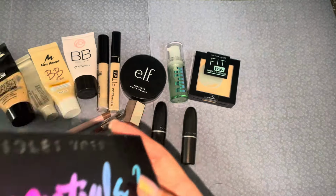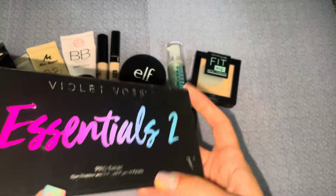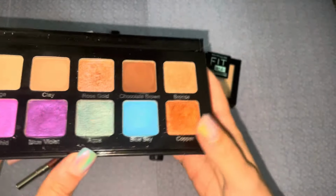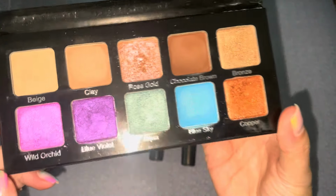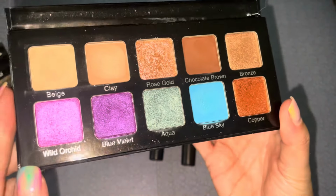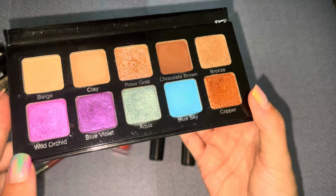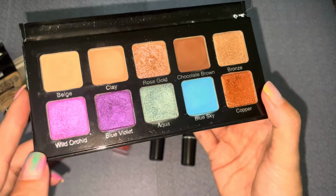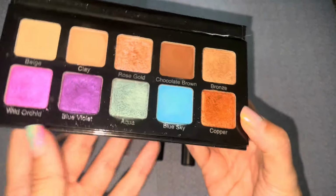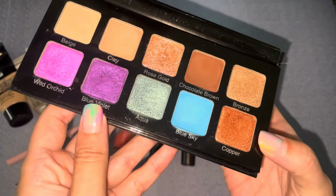Next up we have eyeshadow palettes. So this is the Violet Voss Essentials 2. Again, I featured this in my last update, and honestly I have not made any progress in it at all. Not since the last update or anything, so I'm actually going to take this one out as well. Such a shame because I do love the colours as well, but I feel like I'm concentrating on the other palette, what I'm going to show you now. So yes, I'm going to take this Violet Voss one out purely because I just do not use it,